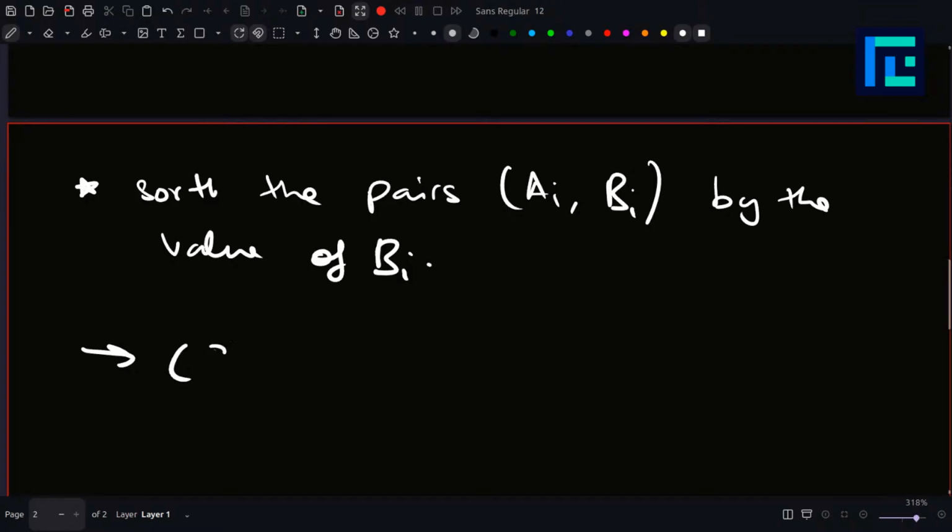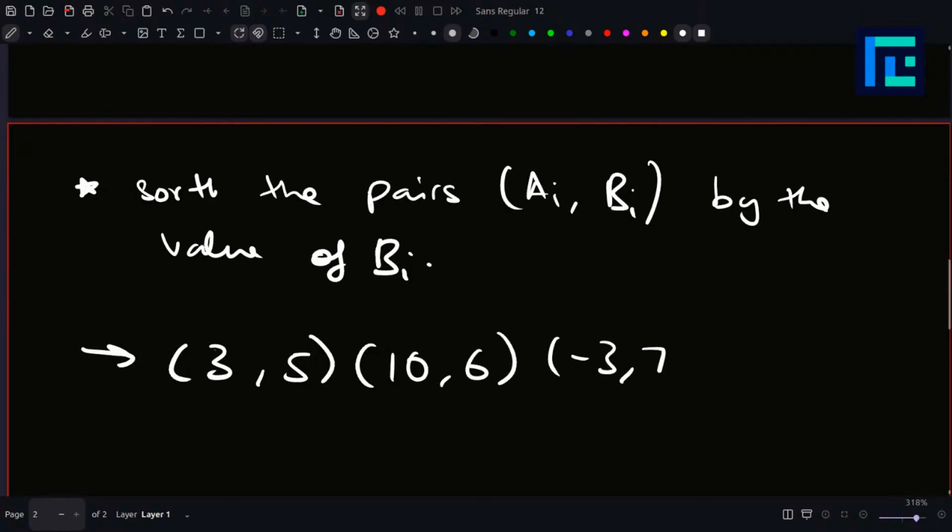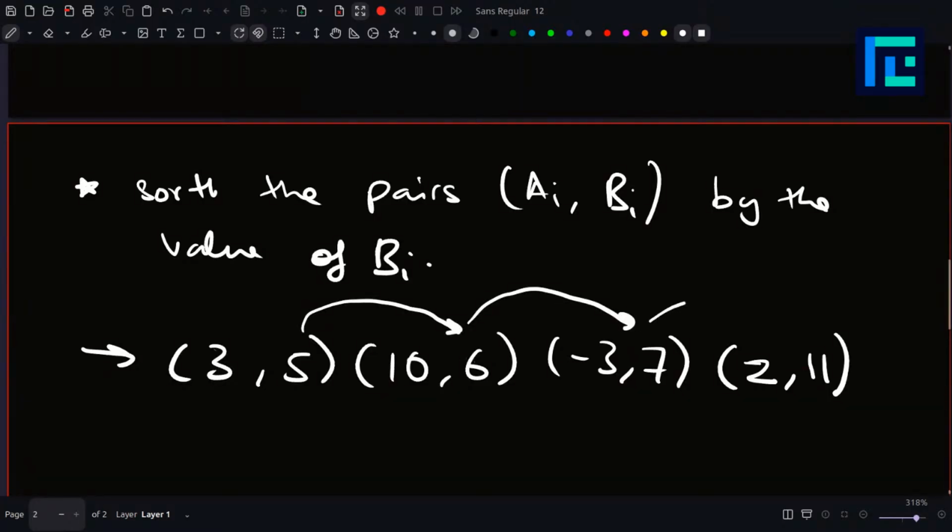So let's say a snack has tastiness 3 and its sugar is 5. The next snack has tastiness 10 and its sugar is 6. The next snack has tastiness minus 3 and its sugar is 7. The next snack has tastiness, let's say, plus 2 and its sugar is 11. Okay. So once we have it in increasing value of sugar, now